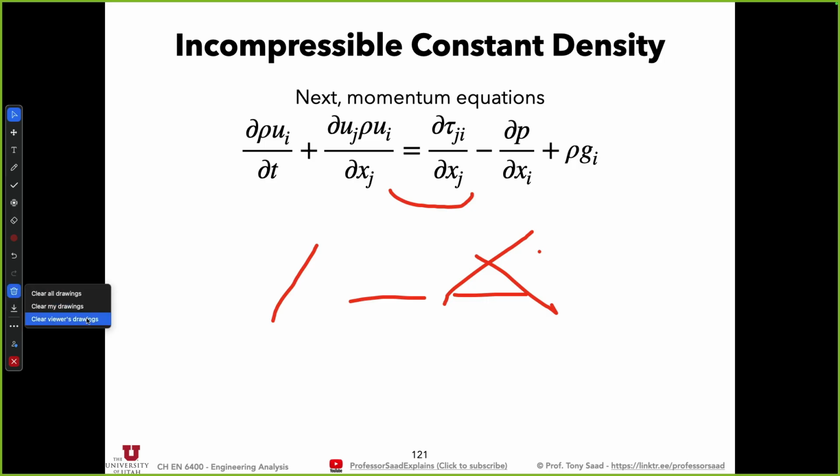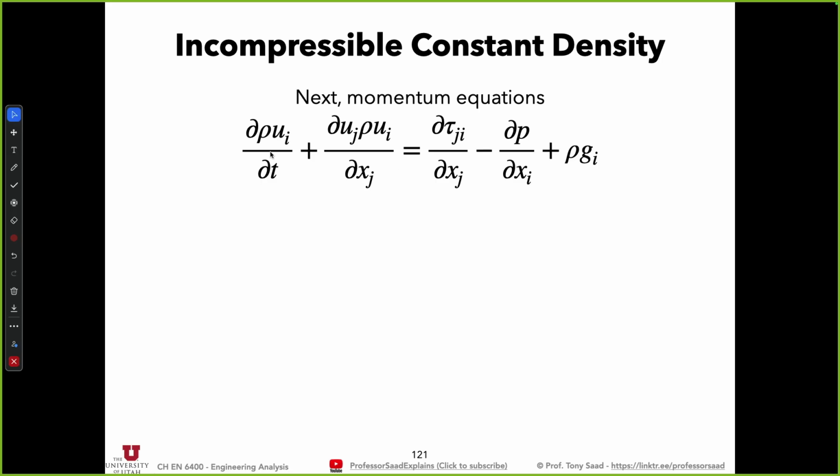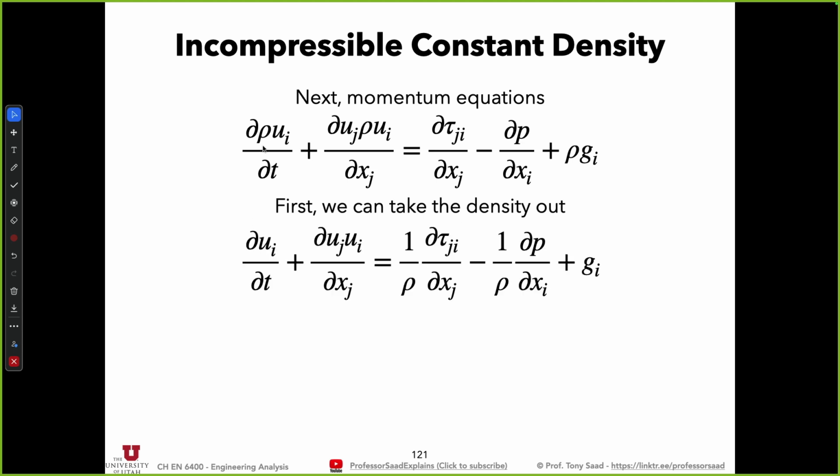Okay, next, so let's clean this up. We're going to clear all drawings. Okay, we're going to look at the momentum equations, and I'm going to use the tensor form of this equation. It's just a little easier, okay? All right, so d rho ui by dt, I have density around here. Let's pull out the density first, okay, because it's constant. So you take out the density from the time-dependent term and from the advection term, and then divide by density, you get dui by dt